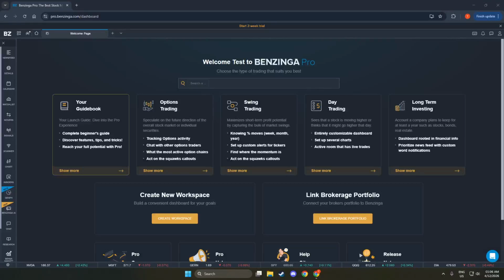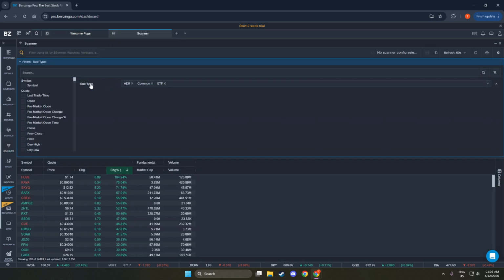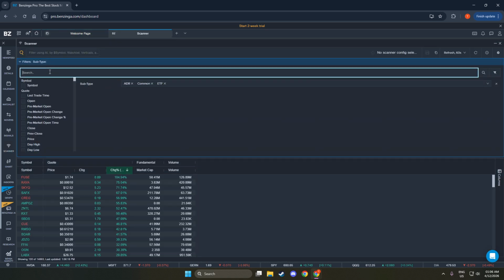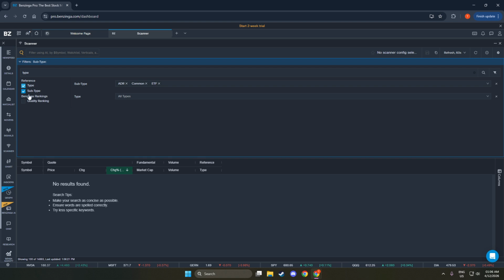In today's video, I'm going to teach you how to use Benzinga Pro dark pool data. Dark pools are private venues where large orders trade away from public exchanges. Watching that activity can help you spot where bigger players might be positioning. To make the feed actionable, we're going to narrow it down with a few focused filters so the signal stands